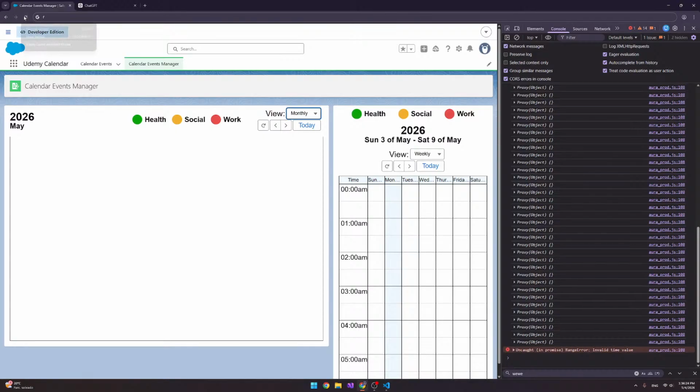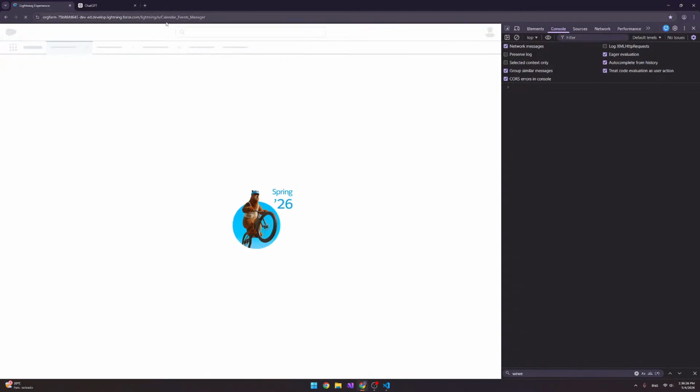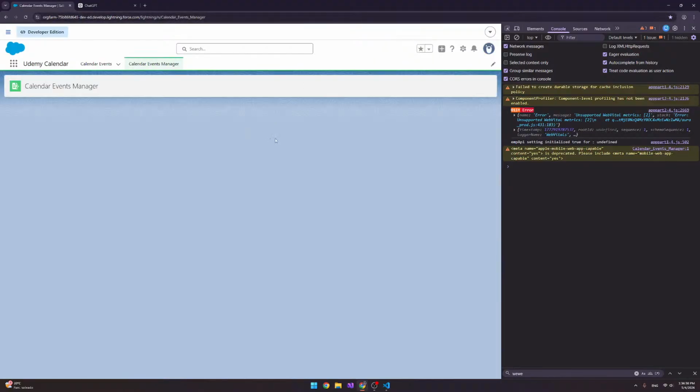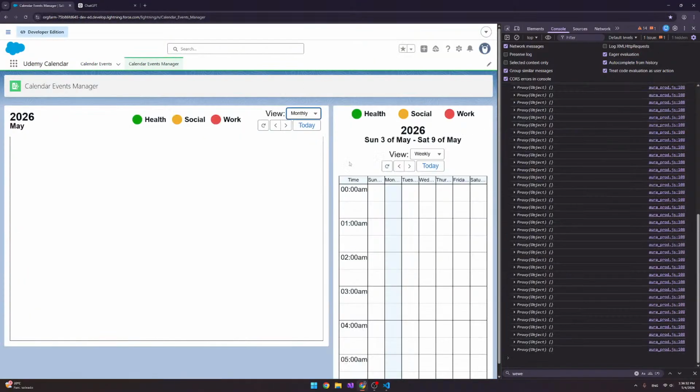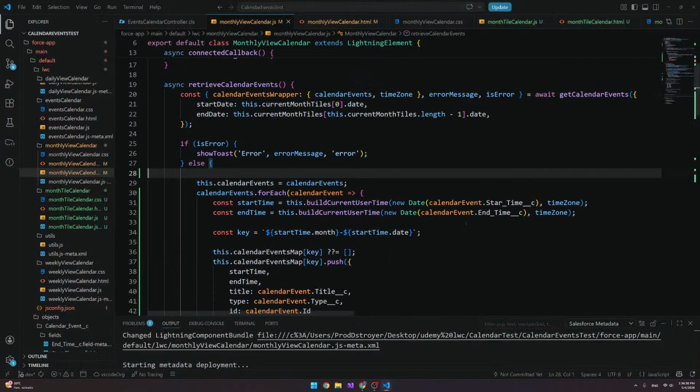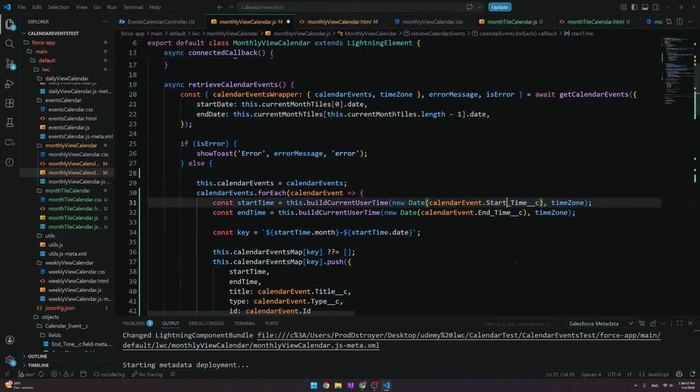I feel like this didn't deploy, to be honest. Okay, let me check. How can you tell me this? Calendar event, end time, and start time. Oh, of course. The start time